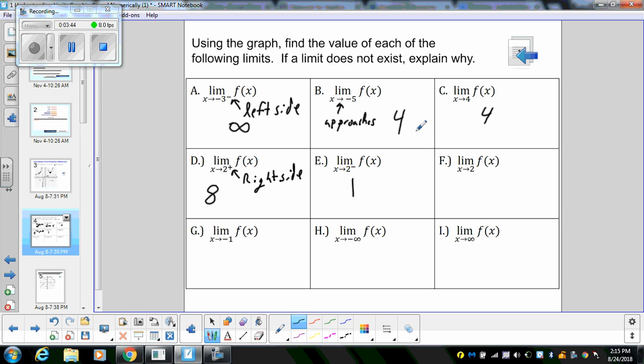Now here's the kicker. It does not have an exponent of plus or minus, so we don't know if we're looking from the left or right. So for there to actually be a limit of 2, both the limit